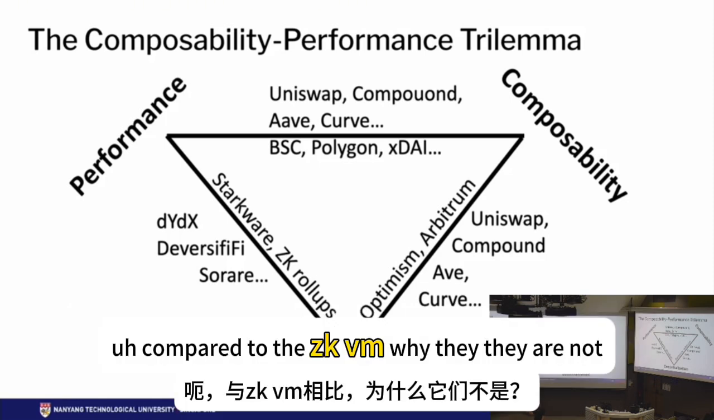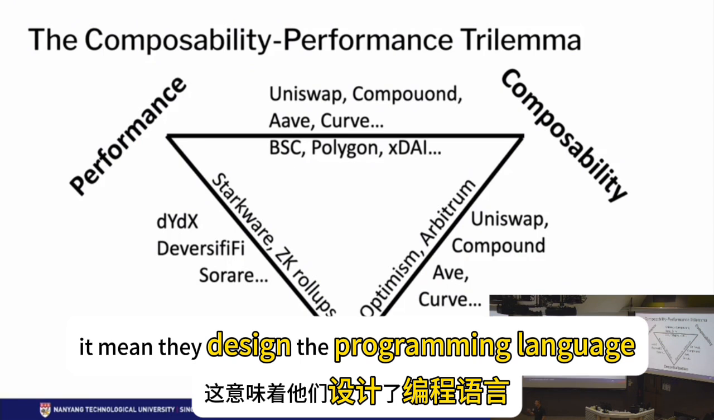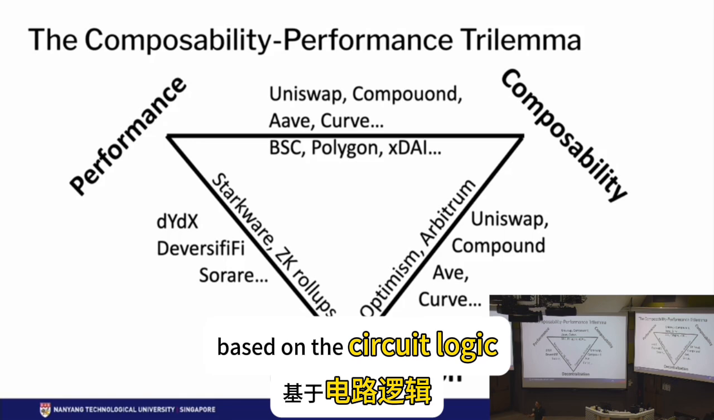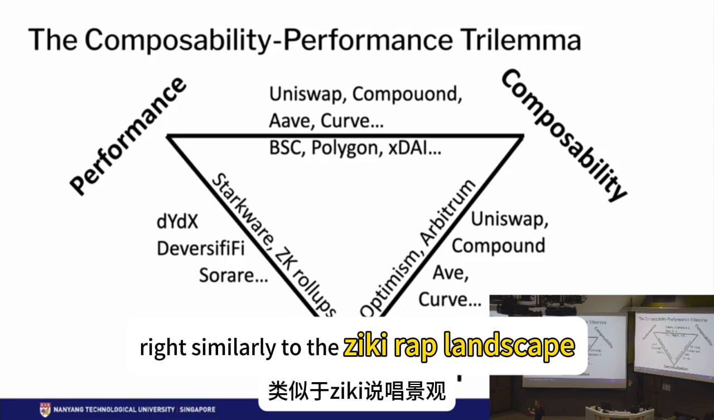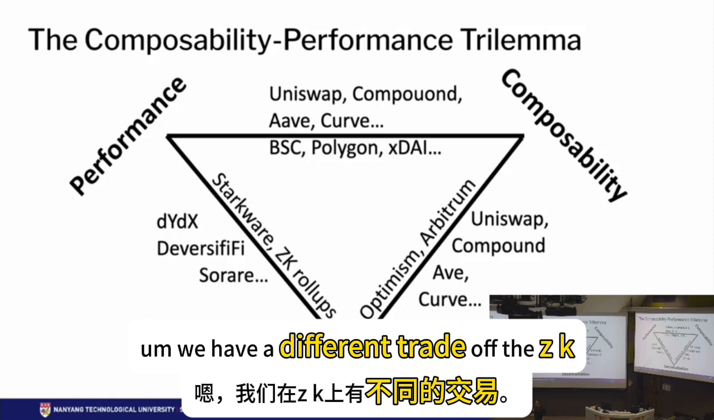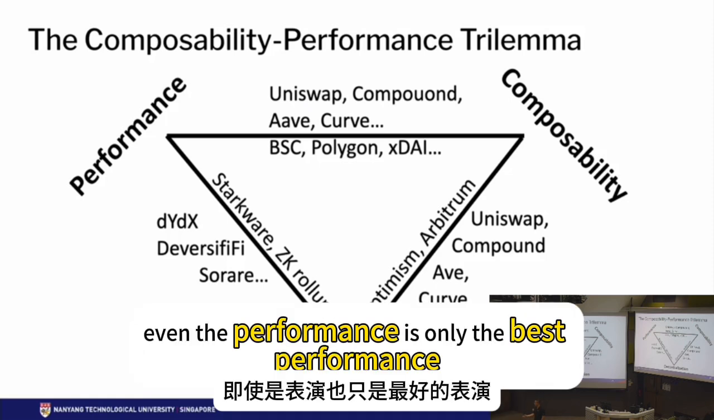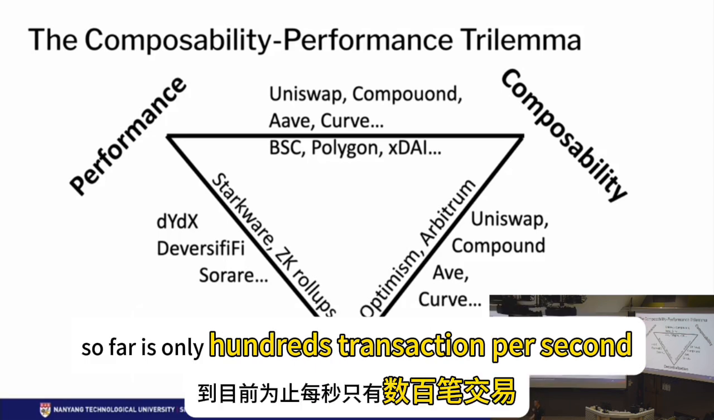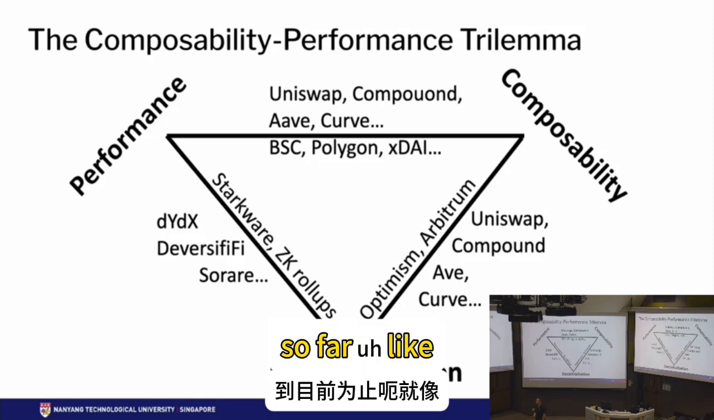Compared to the ZK VM, why they are not EVM compatible is because when they choose ZK VM, it means they design the programming language based on the circuit logic. It's like you have a different Web2 language for different purposes, right? Similarly to the ZK rollup landscape, they have a different trade-off. The ZK VM chooses to focus on performance. Even so, the best performance so far is only 100 transactions per second. There are a few limitations so far, like